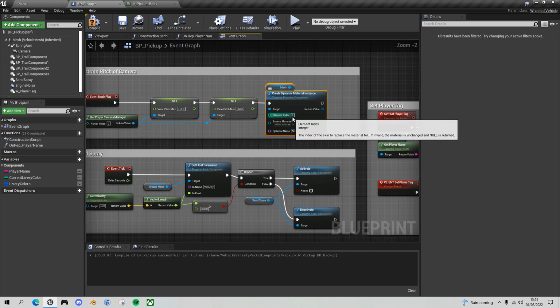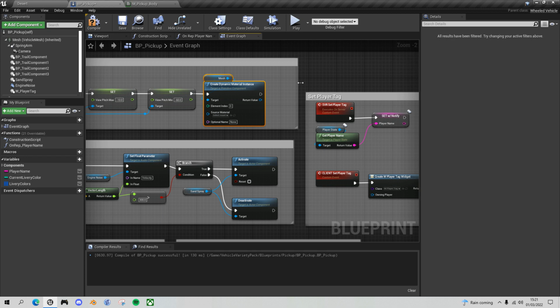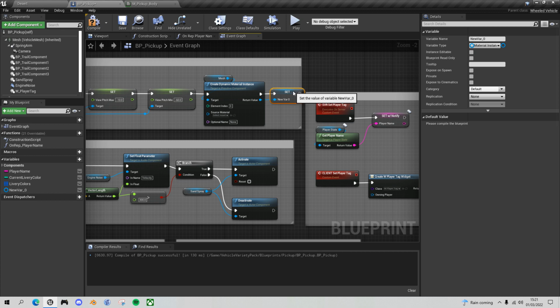And it asks what material element you want to create the dynamic material instance for. We want to create it for element 0, the body. And that is really all we need to do. We just need to now store that so that we can reference it later. So right click here, promote to variable, and we'll call this variable MI car body. Okay, so we now have that as a reference that we can use in our code for setting the color